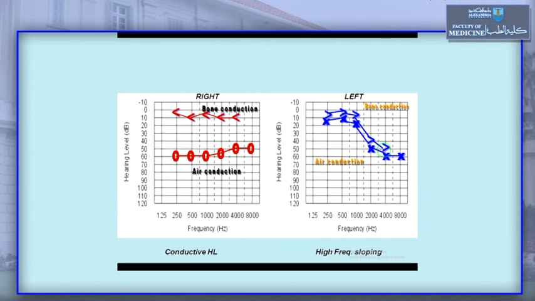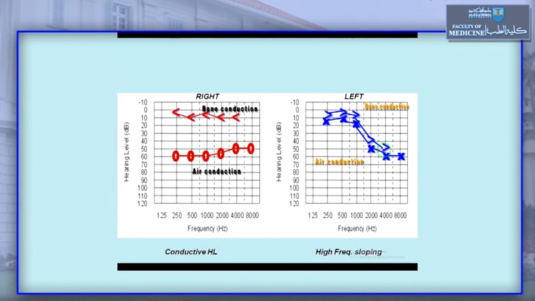The second is heredofamilial hearing loss. Heredofamilial hearing loss commonly occurs at high frequency thresholds. The third is